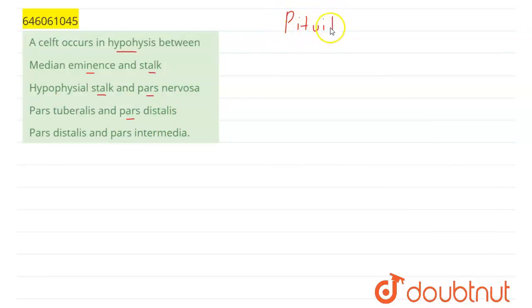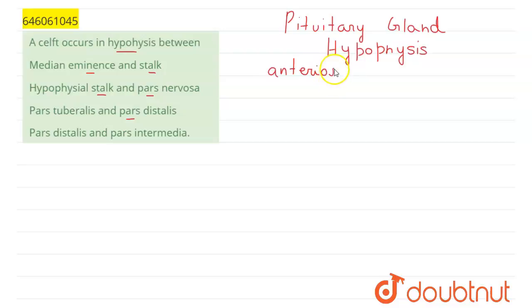We know that the pituitary gland is known as the master gland, and it is responsible for secretion of many hormones. This pituitary gland is also known as hypophysis. Now this hypophysis, or the pituitary gland, has two lobes, the anterior lobe and the posterior lobe. Here the anterior lobe is known as the